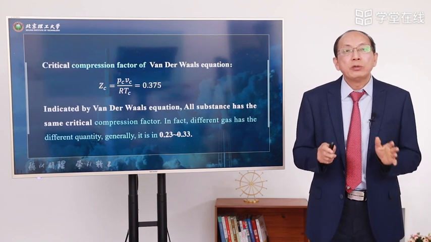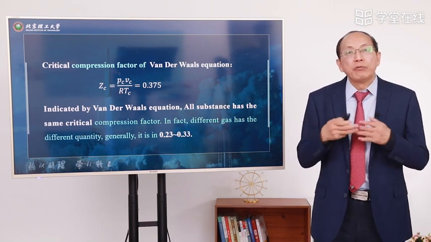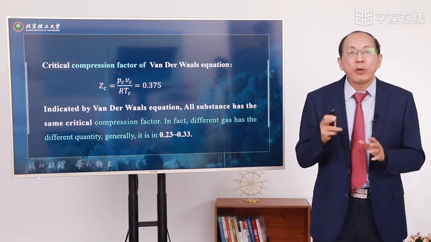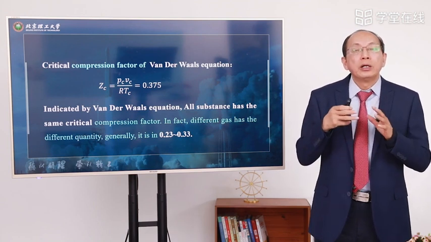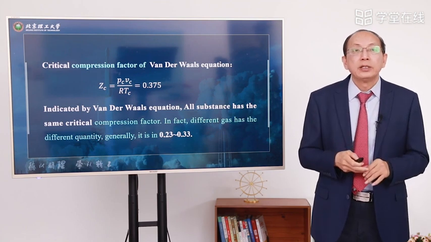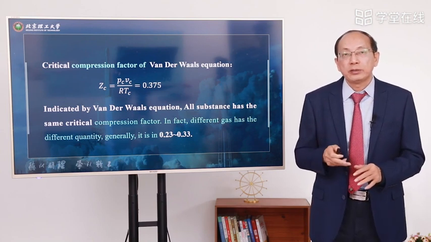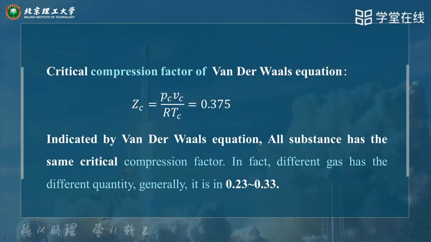Okay, the practical compression factor of the Van der Waals equation. In the last several pages, we know we can use the Van der Waals equation at the practical point. So here we can obtain the critical compression factor at the critical point. We can calculate the Z. C means critical point, PC VC over R TC is